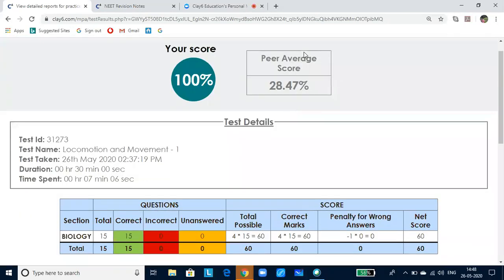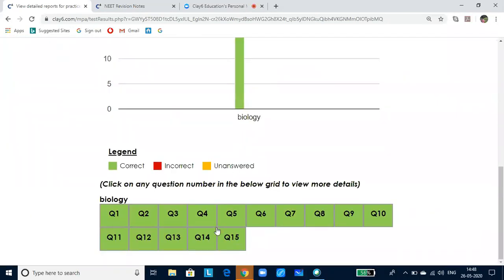So all the answers are correct here. If anything was a wrong answer, then you would have seen a red square. If you just go and click there, you will be able to see your answer and what is the correct answer. An explanation will also be given for you to understand your mistake. If you have not answered, it will be in the yellow color. That means you can click again there to know the answer with the explanation.